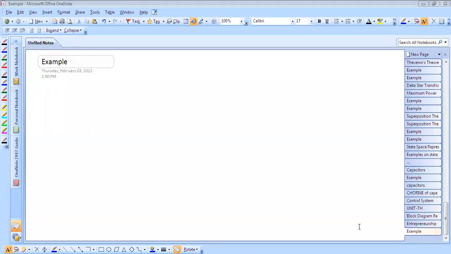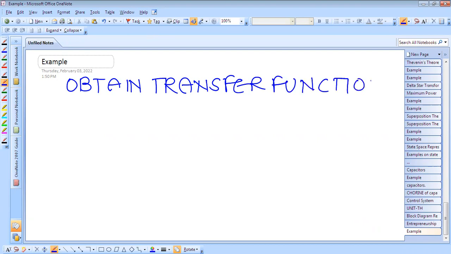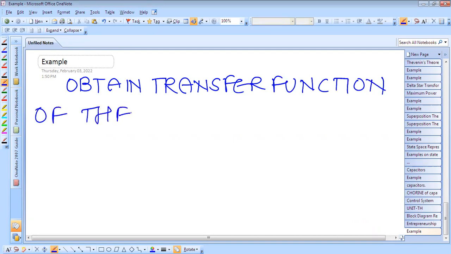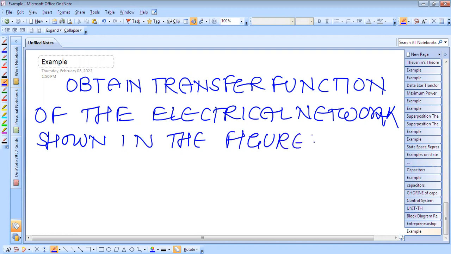Good morning, student. Today we'll solve some example and we'll obtain the transfer function of the electrical network shown in the figure. And also obtain result